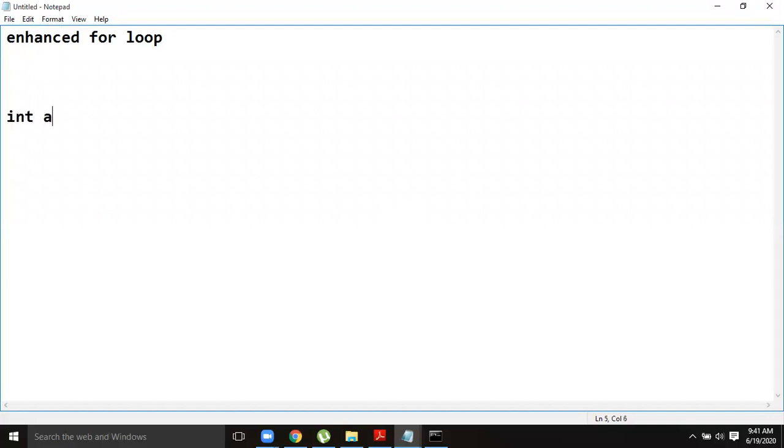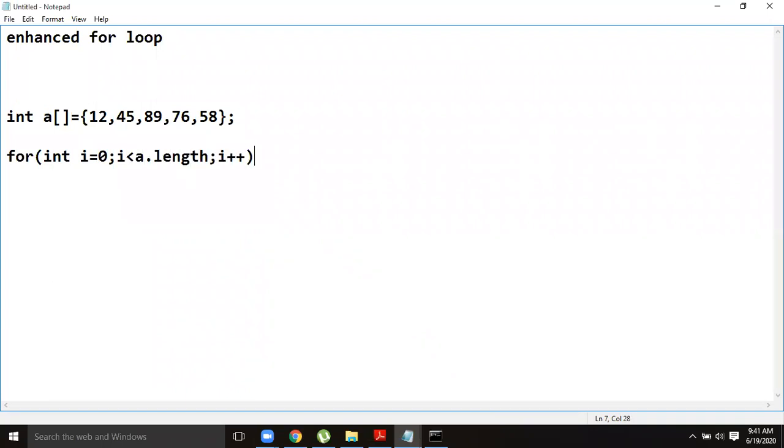For example, an array. In general, we write i equal to 0, i less than a dot length. In general, we have to manually go through each and every element.